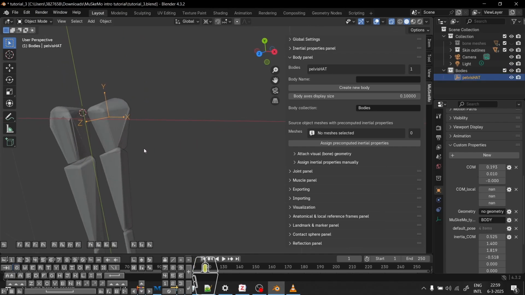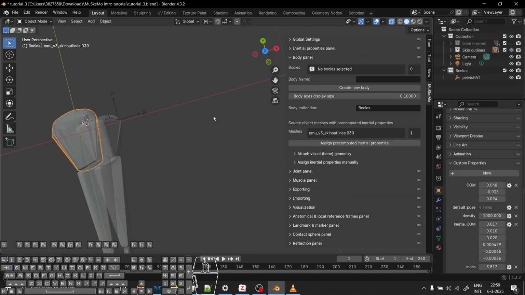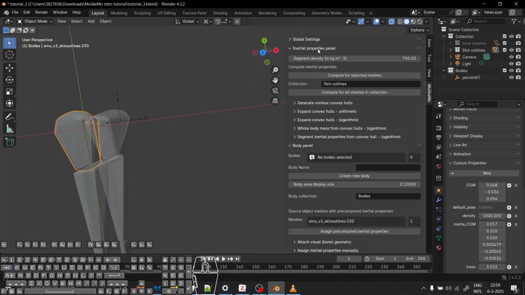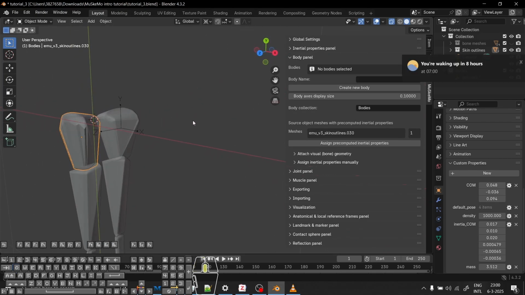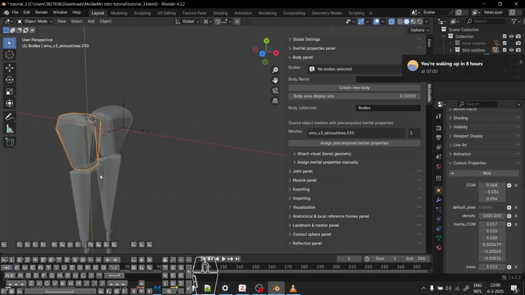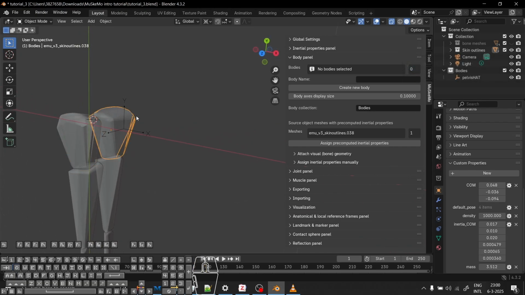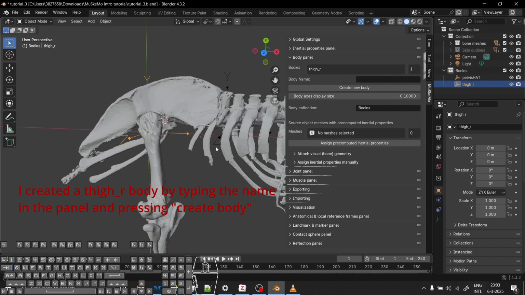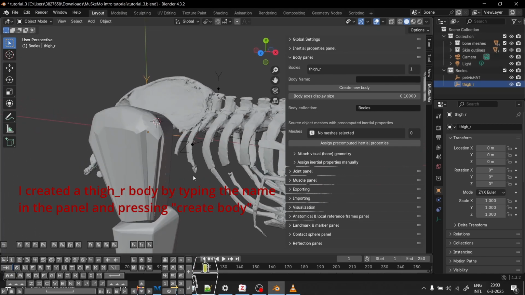I computed these inertial properties from convex hulls, which were also created in the inertial properties panel by MuSkeMo. But I'm not going to go over that in this tutorial. I'm going to create a separate tutorial for that. But the principle is the same if you compute the inertial properties from tissue outline meshes that you segmented from CTs. So for the thigh R body, I want to use the respective skin outline for the